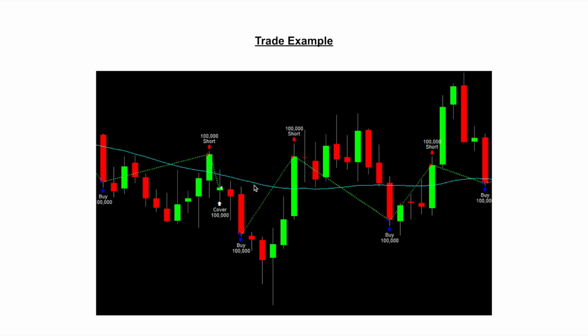The cyan line is the 50 period moving average, and remember we can only go short if we're already above the 50 period moving average, and we can only go long if we're below the moving average. So we're above the moving average, that's one of our conditions met. And looking at the second condition, we want to see that the close is within the upper 20% of the